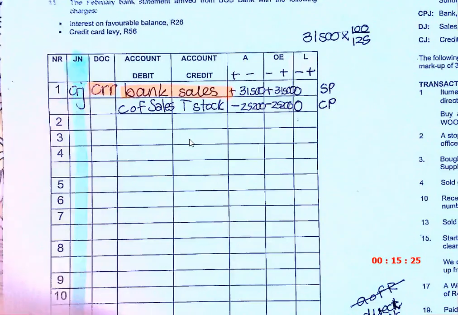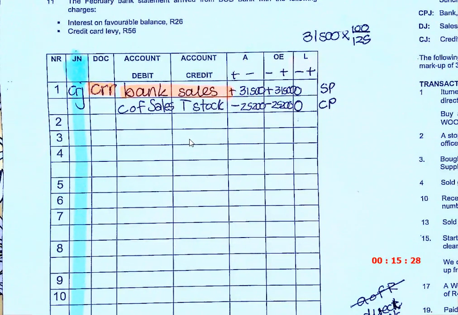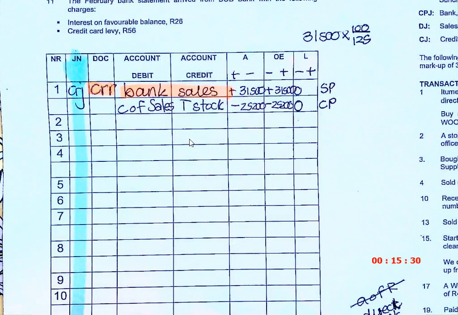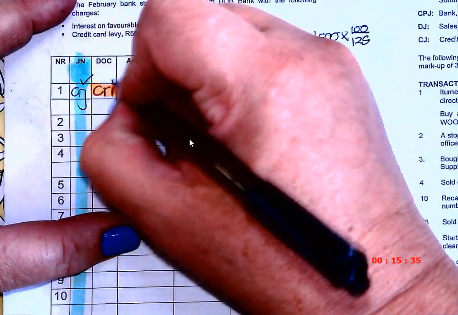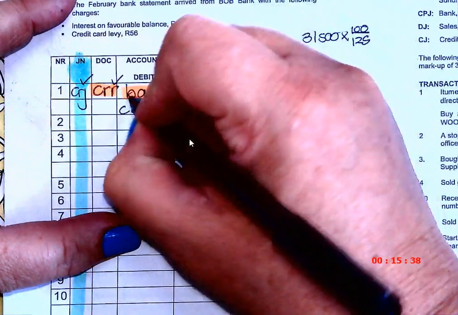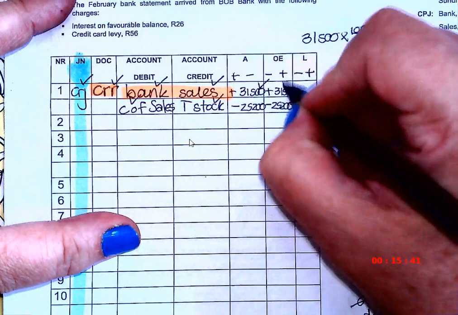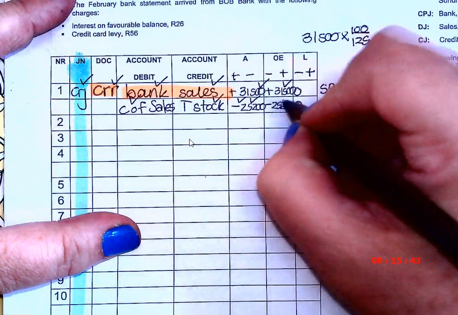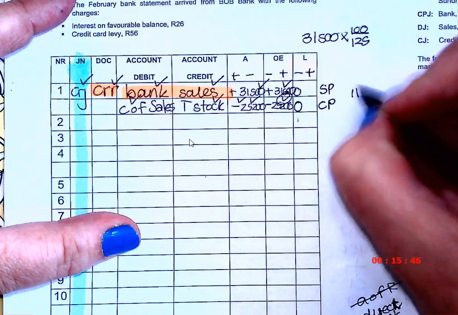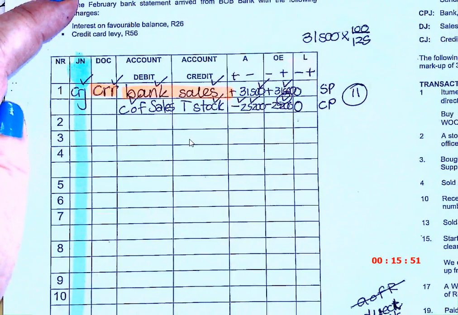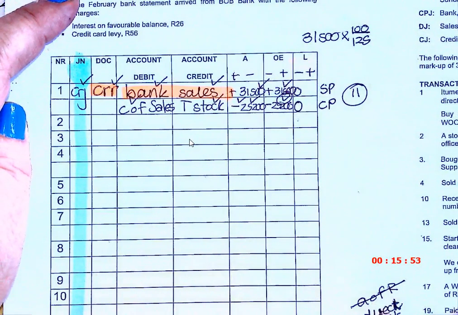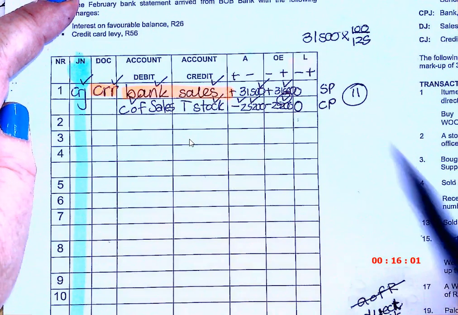Okay. And you guys, this is such a beautiful thing to have, because look, if you have to do the whole one, it's 1, 2, 3, 4, 5, 6, 7, 8, 9, 10, 11 marks. You have to be able to get this right, because this will give you 11. And how much does your paper count? 100, ne? It counts 100 marks. So then you already got 11%.